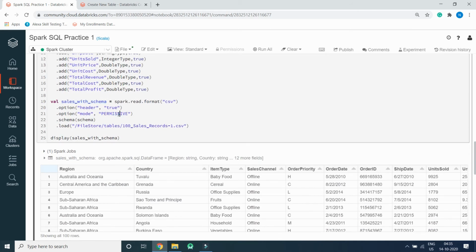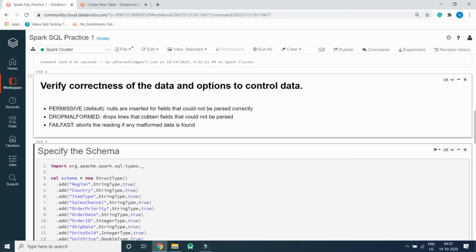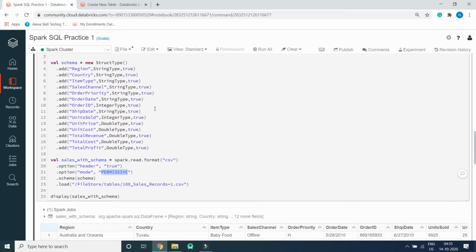Over here you can write drop malformed, so whenever there is some field that could not be parsed, it will drop the line or the record.